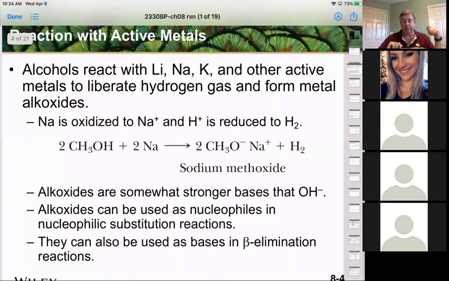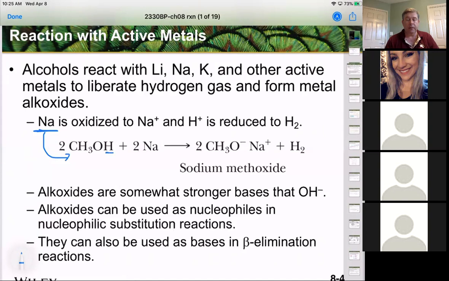Now this one I had a question with last time, and I think we answered it, but I wanted to say this is a slightly different reaction to what we're used to, because usually we do just an acid or base. In the reaction with an alcohol like this, we are actually doing an electron transfer. We're actually oxidizing the sodium. So the sodium is giving away an electron to the system. When it gives an electron to the system, the oxygen already has all the electrons it needs. So what it ends up doing is